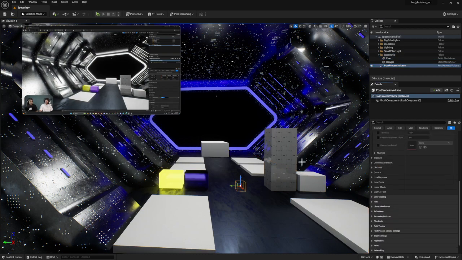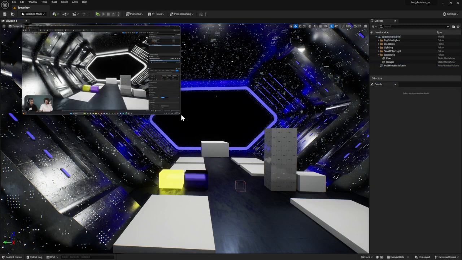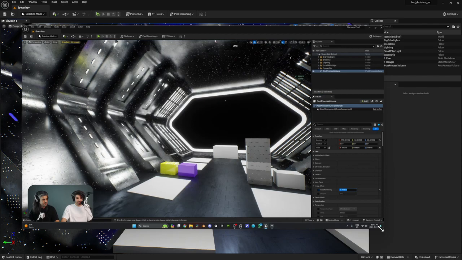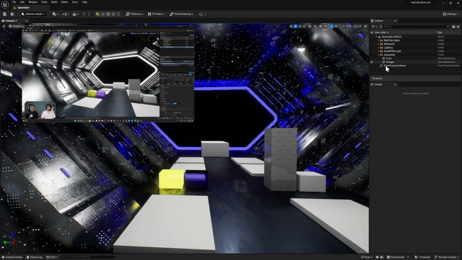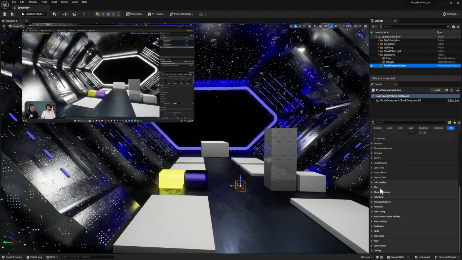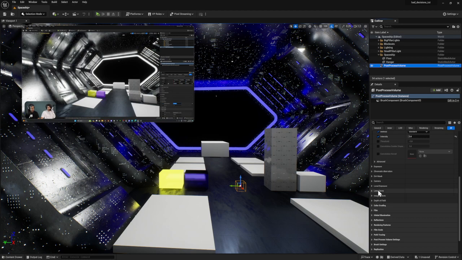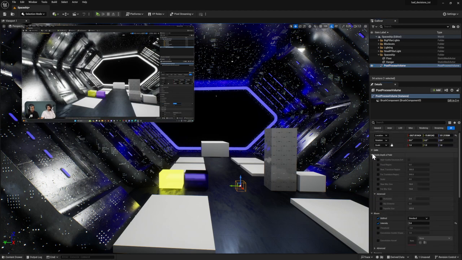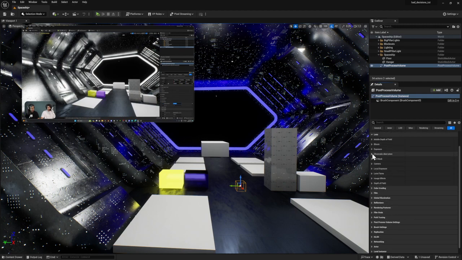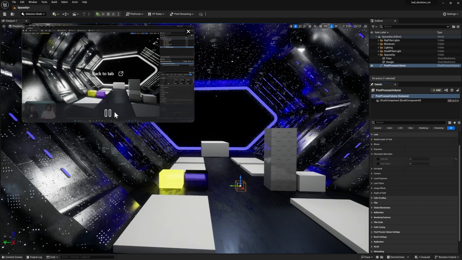So if you turn it on, by default it's on 0.4. By just increasing the value,